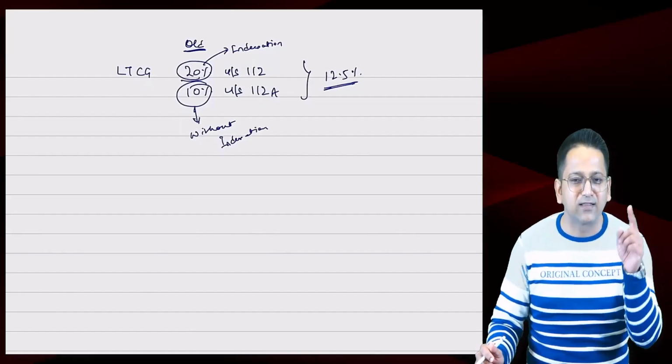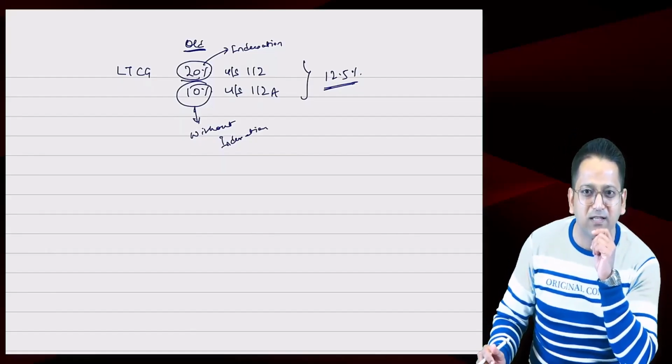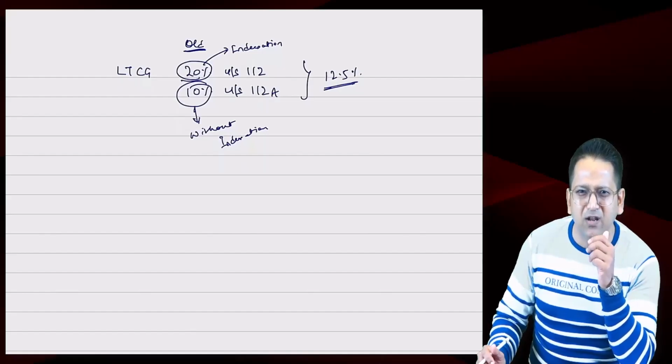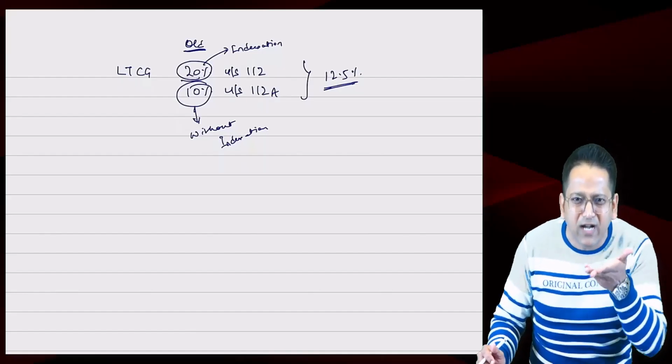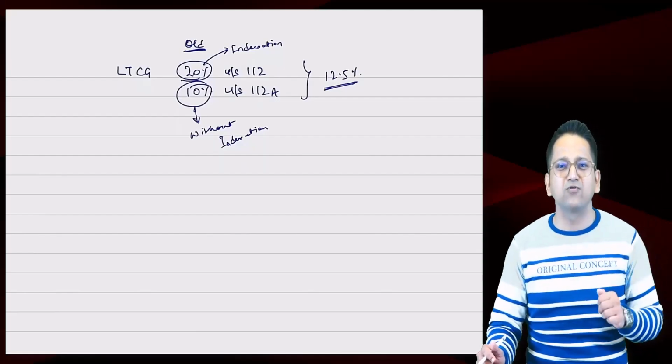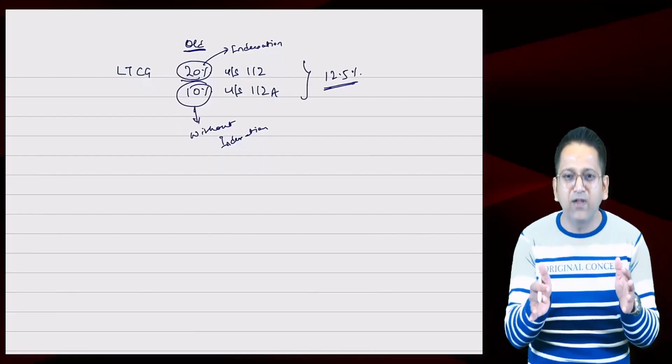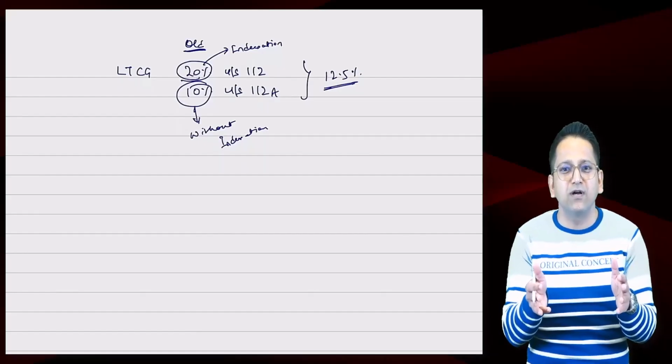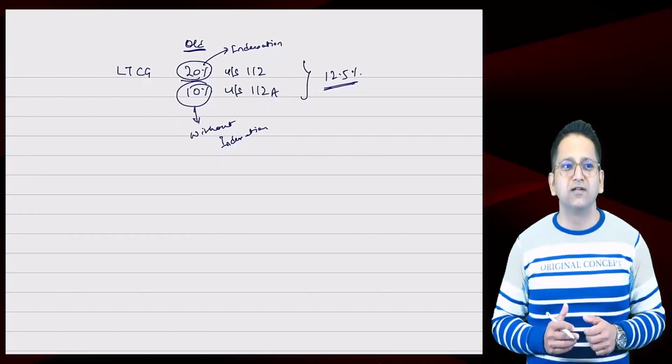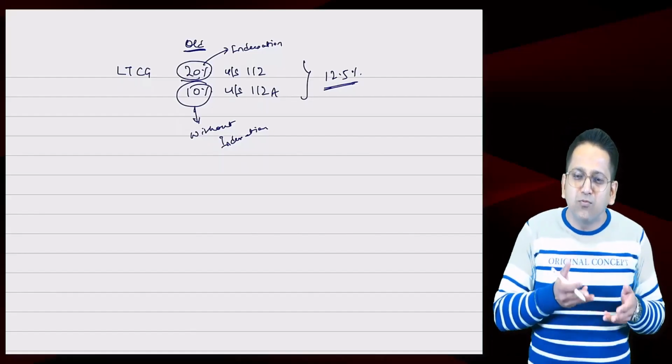Well, it's simple. 10 years ago, if I bought a property for 1 crore rupees, and today I am selling it for 1 crore 10 lakhs, am I making a profit? No, there is no profit. Instead, I'm at a loss. 10 years ago, I bought it for 1 crore rupees. If we consider the effect of inflation, do you know how much it will be worth today? It will be worth 2.5 crore rupees. And selling it for 1 crore 10 lakh rupees is a loss.